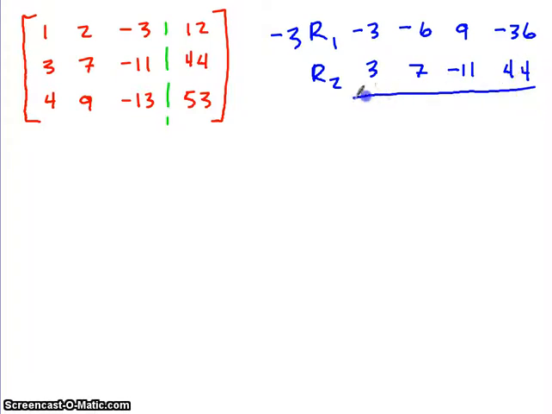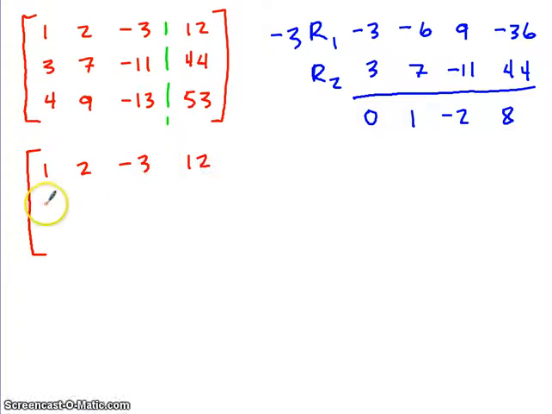Let's add straight down, and that gives us a 0, a 1, a -2, and an 8. So we're going to replace our new row with row 2. So we have a 1, 2, -3, 12, replace row 2 to give a 0, 1, -2, 8, and then